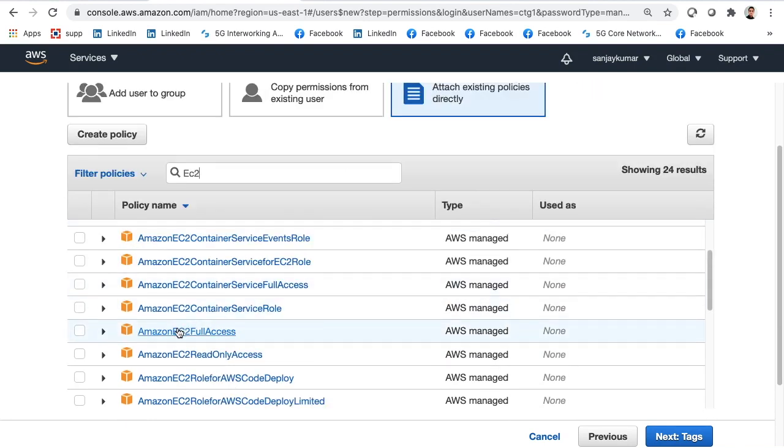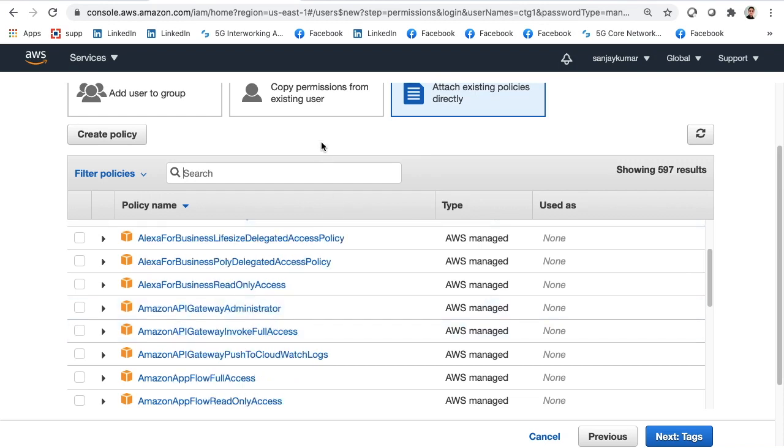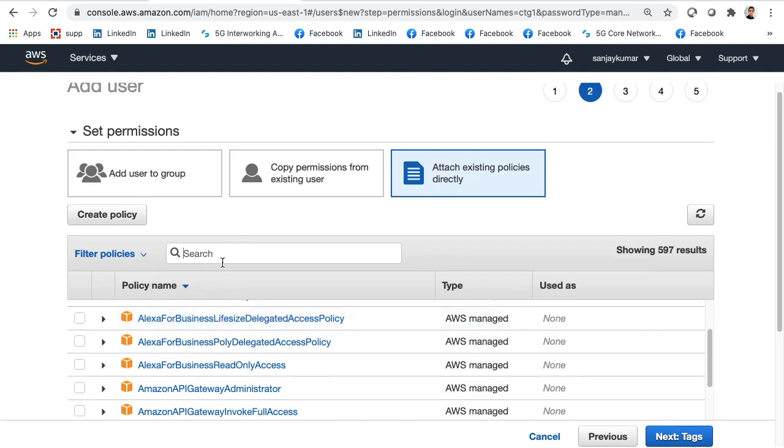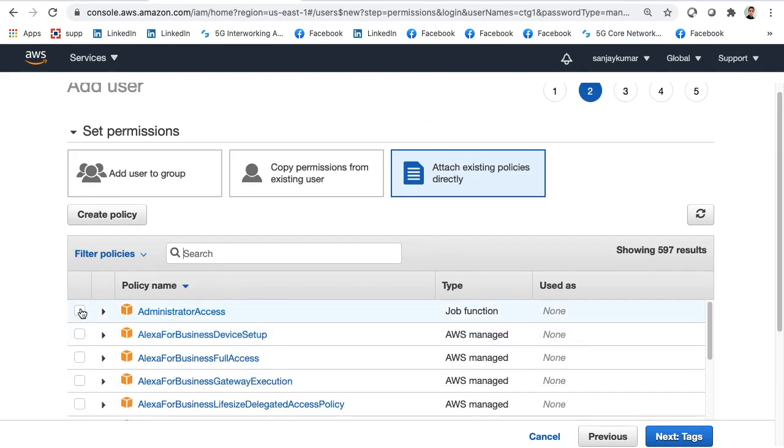Depending on what these users are supposed to do, I will give them different permissions, and these permissions are given by something called policies. We will talk about policies a little later. As of now I'm just giving one policy, administrator access, to this user, and we will see what we really mean by it.